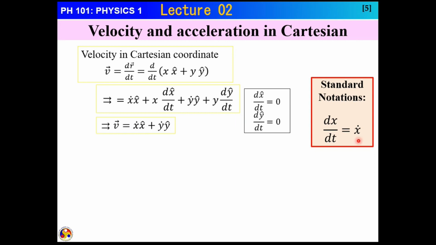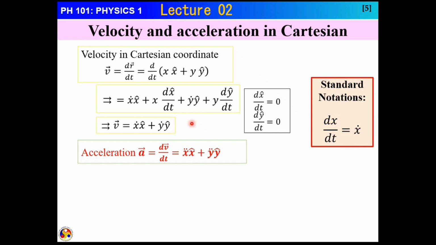Please note that this is the notation which we are following, that dx by dt is equal to x dot. Well, this is nothing unusual. It's very well known that you have velocity and you can have two components of velocity, along x and along y. Probably you have not done it in this way, but I'm doing all these things this way because it has a very interesting consequence when we do the polar coordinate system, and you will see that something interesting comes out.